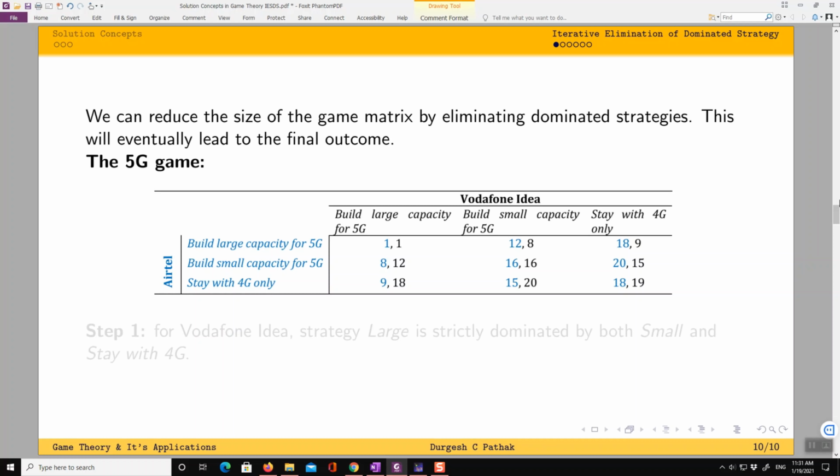Now you should notice one thing here. Not only do the players know the entire structure of the game, they also know that the other player is also rational, because Airtel was able to remove this particular strategy large from Vodafone Idea's action set only because Airtel knew that this is strictly dominated for Vodafone Idea, and being a rational player, Vodafone Idea will not play this.